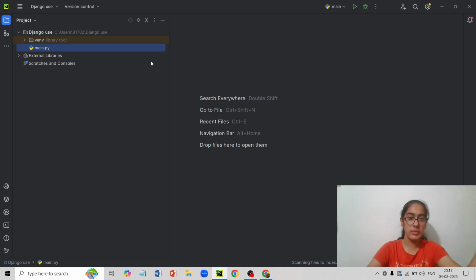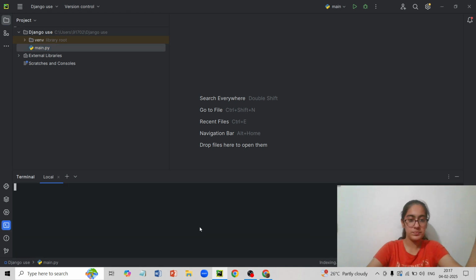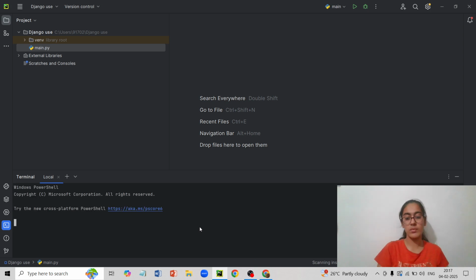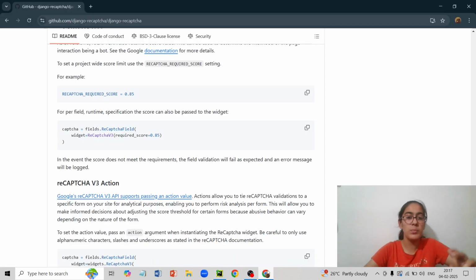Now on the bottom left corner we will see a terminal. We click on terminal. Now here it takes time to load because Django installs all its packages at the same time. Here we will put pip install Django, and then enter. Now it takes time to install all these packages. So till that time, I'll just show you what the basics are.